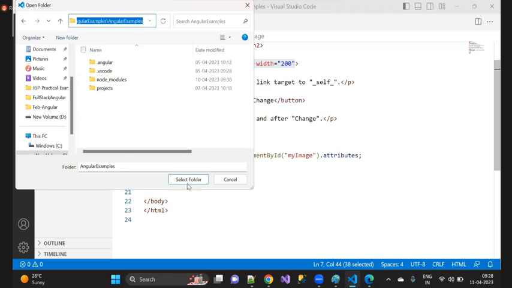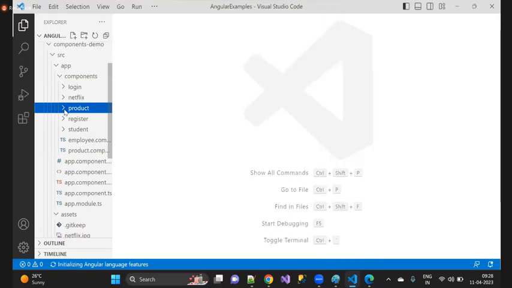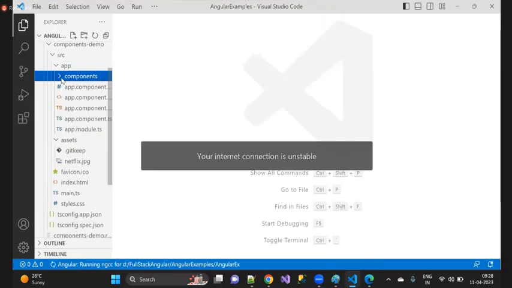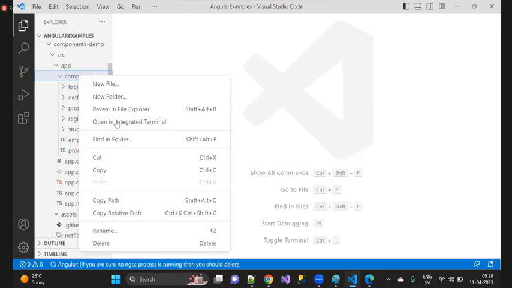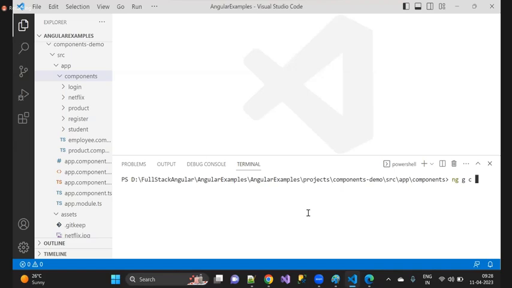Let us open this folder directly. Okay, I'll create a new component here. Go to the components folder, right click on it, and then open an integrated terminal. Now you can see ng g c for the component, and here it is going to be,